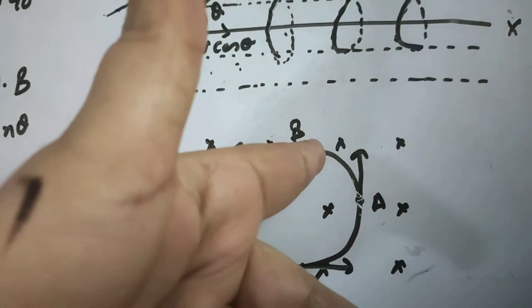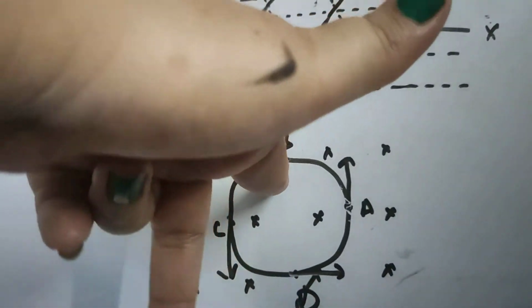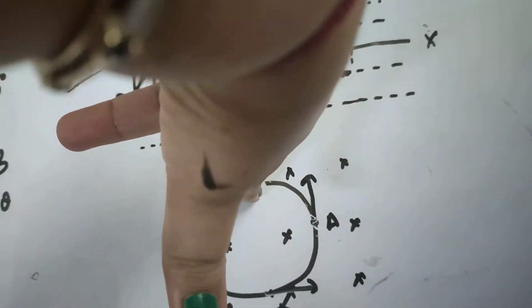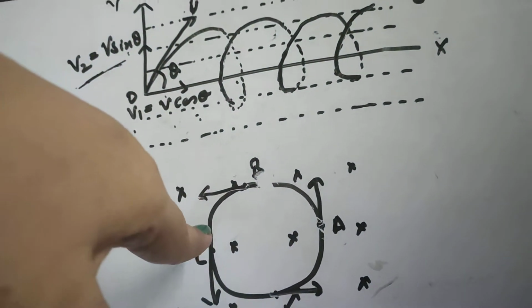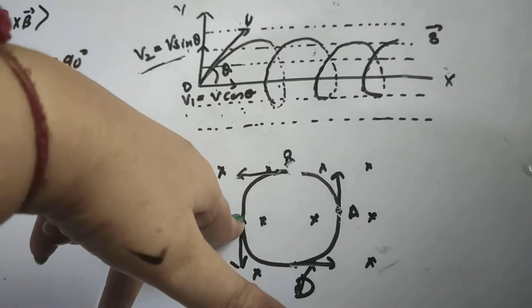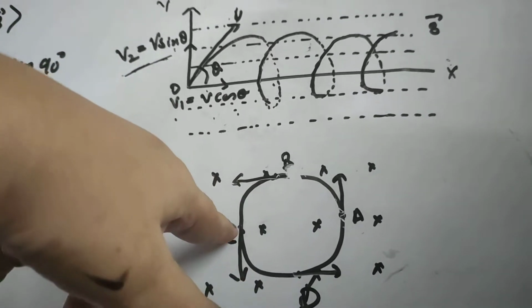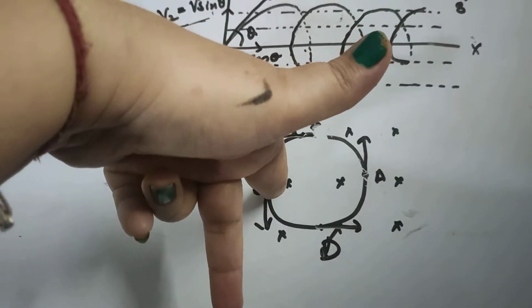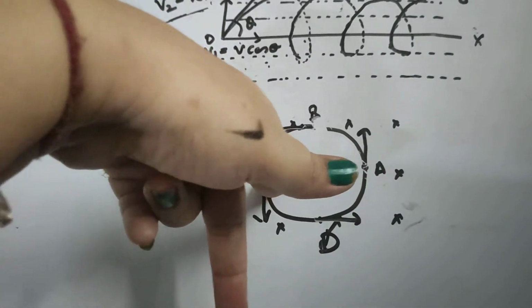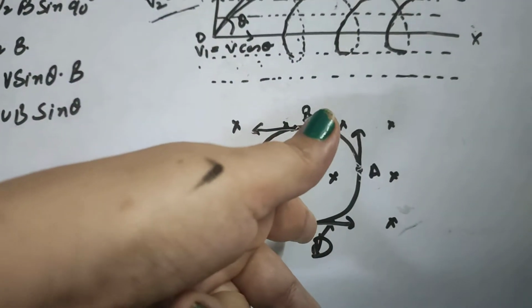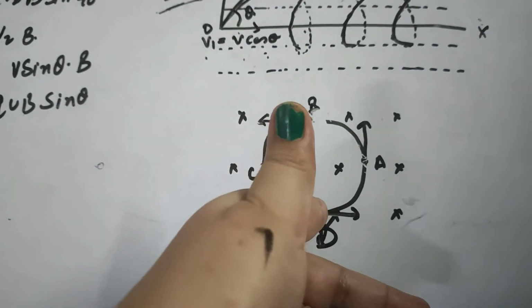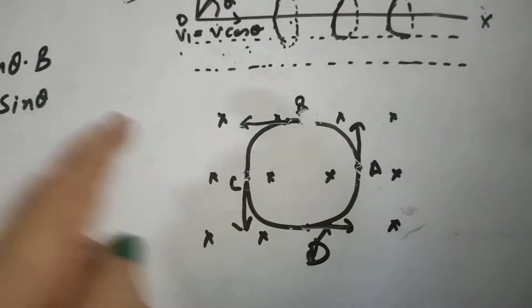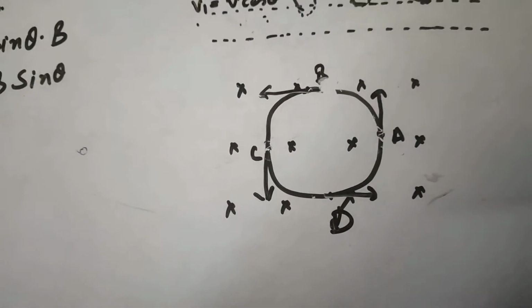Again at this point the direction of magnetic field is in this direction. The charged particle is moving toward this negative x-axis, so the thumb will point toward the center. At this point again, the magnetic field is inward and the charged particle is moving in this direction, negative y-axis, so the thumb will point toward the center. Again at this point the thumb is towards the center. It means at each and every point, at A, B, C and D, the direction of force is toward the